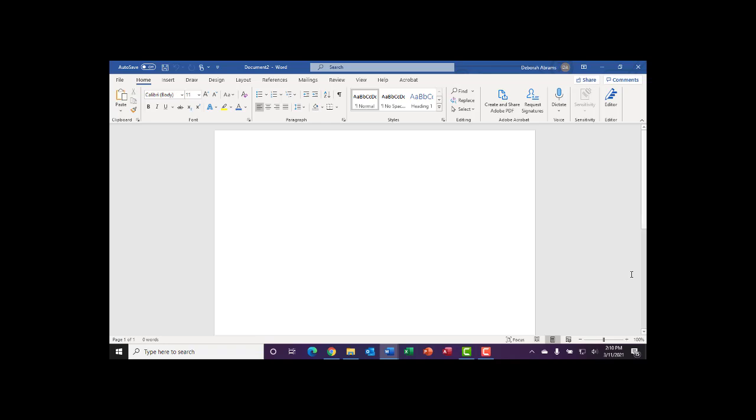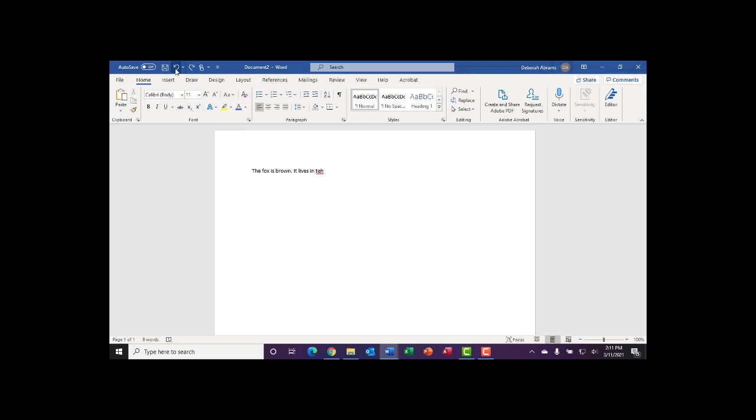Okay, so now I'm inside a Word document and I'm going to show you the power of the undo button and the redo button. I'm just going to type a quick sentence. Okay, so I have now typed a sentence: The fox is brown, it lives in the grass. Let's give that a period. Now if I hit undo, it will undo the last thing I did. In this case, it took away my period. If I hit it again, it will take the next last thing I did, which was to type the word grass. If I hit it again,